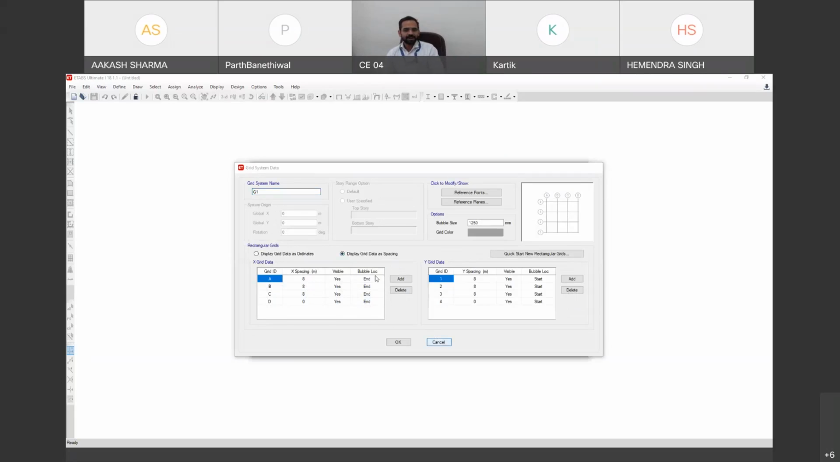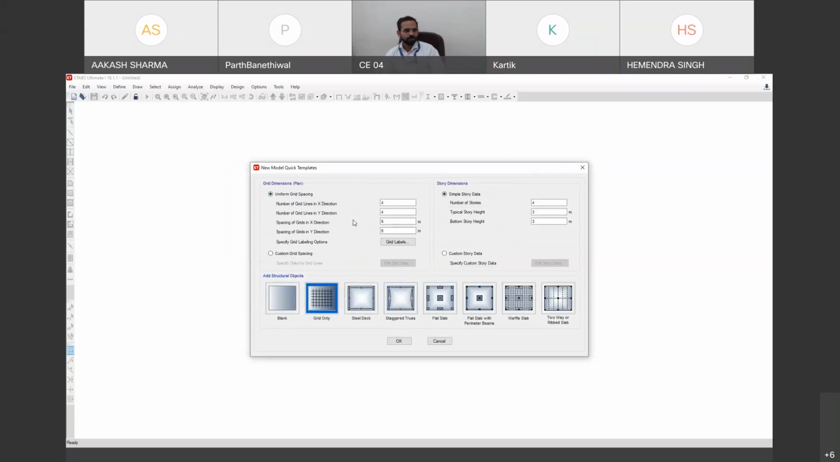Okay, but right now we are not focusing on how to provide grids. I'll give you the basic idea today only. So in this, we are saying that there are 4 grids in x direction and 4 grids in y direction. The spacing of these grids is 6 meter by 6 meter, and the number of stories in this building is 4. Typical height is 3 meter and bottom story height is also 3 meter. Here I am adding only grids. When I click this,